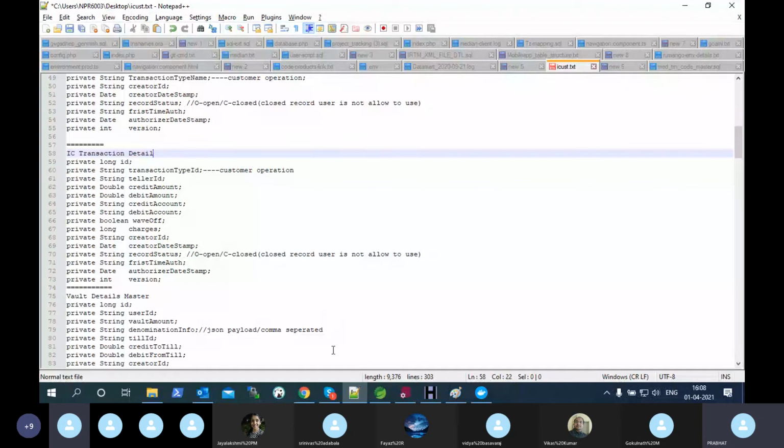Anything else? This is correct, Prabhat. Actually, Faiz, what was the question you were asking? That is related to the one transaction. You have initiated something from UI, but due to some failure it has not been processed. That is a technological thing, which we will handle, but that is not a part of this. This is anything related to cash or account transactions that is happening. Only that we are going to consider.